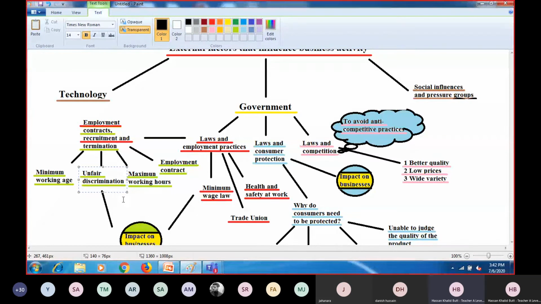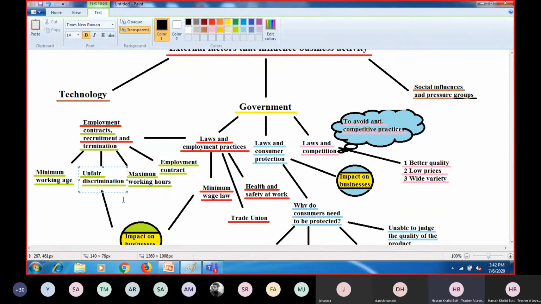Fair discrimination is, for example, let me explain. There is a kids' school, and you require soft-natured females there. Male members are generally aggressive in nature, and they might not be able to deal with smaller kids. Even in City School, do you see any male teacher teaching younger children? Have you observed it? No. Right, Zahra? Yes, sir. The reason is that this is fair discrimination. It is legally allowed. Why? Because the demand of the job is such that you have to hire females there.